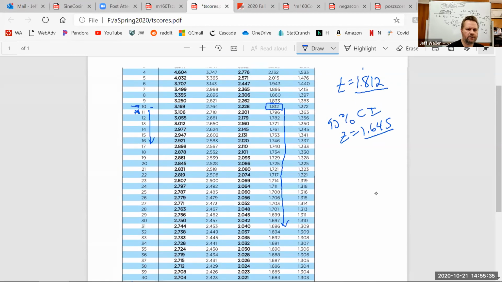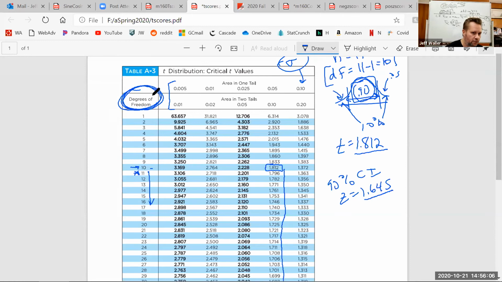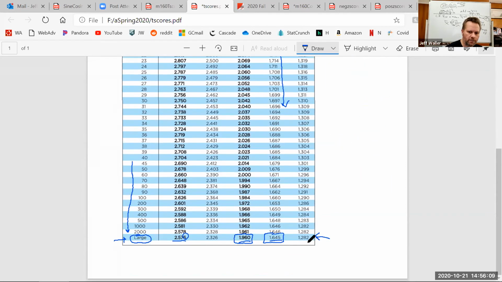So watch this. If I have to make an 80% confidence interval, which column am I going to look at? See who sees how to use this thing. 80%. Last column. Sorry. Yeah, the last column, right? I'm going to look at the last column. And what if I know sigma, and it's normal? That means I want to use a z-score. So I can still use the t-score chart. I just go all the way to the bottom. That would be the z-score I would use, 1.282.